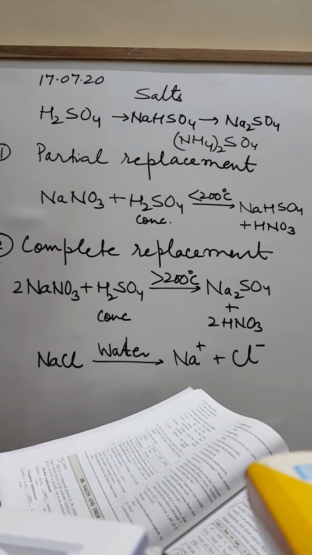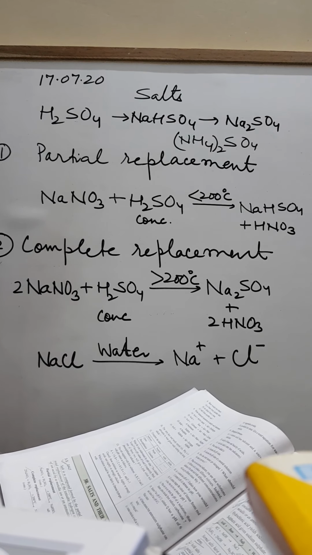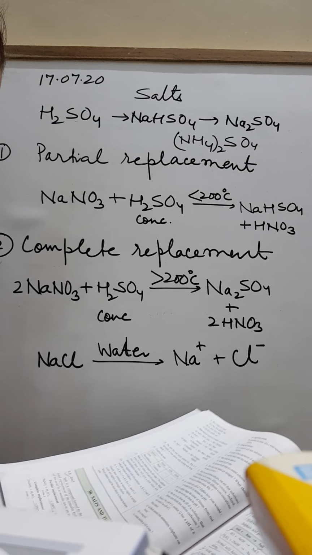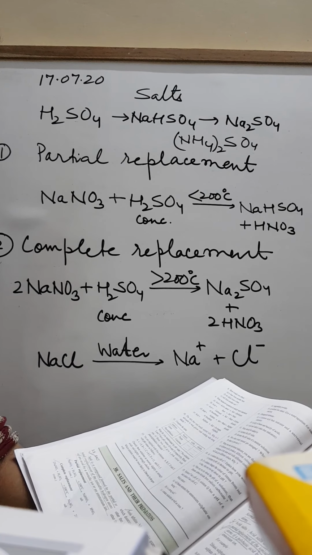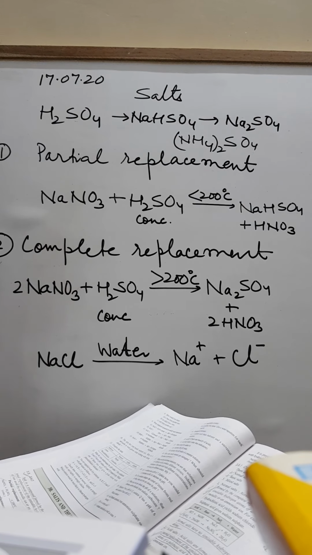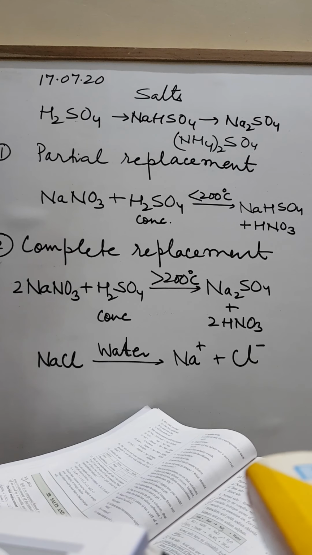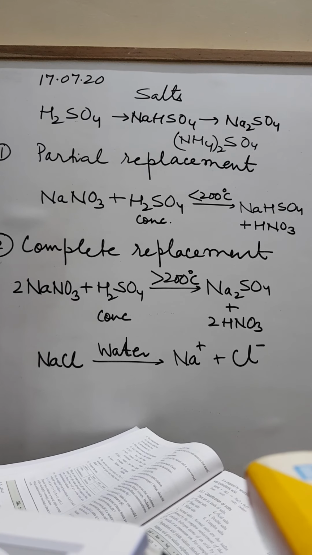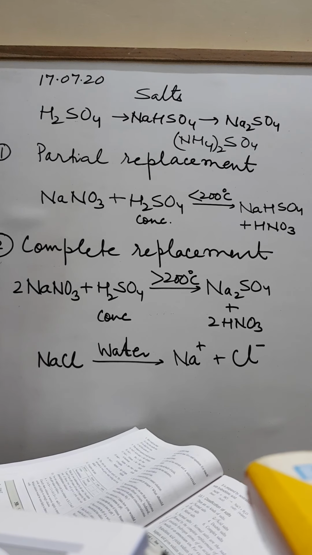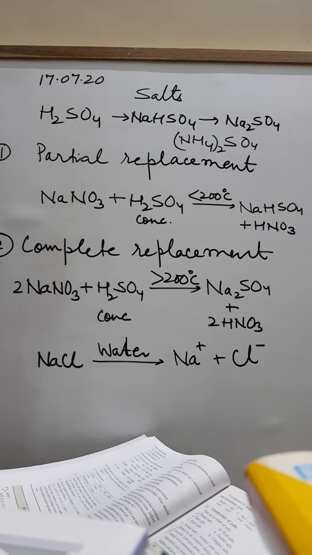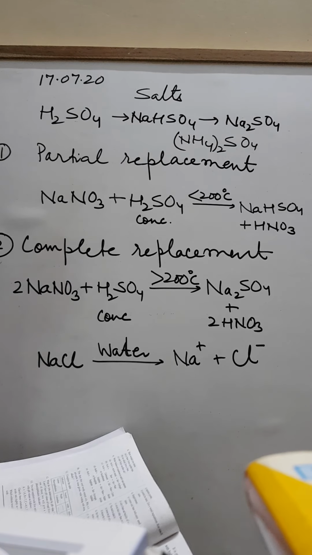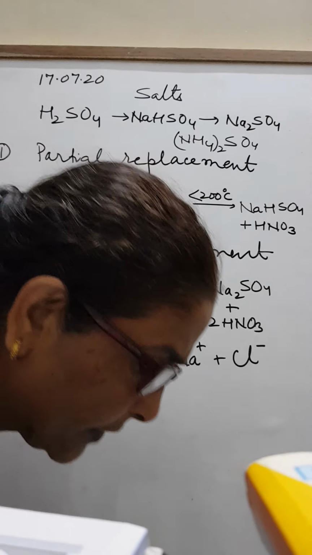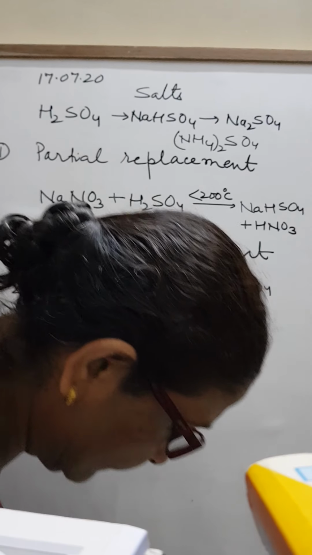So here, children, on the same page 48, 3.5, the definition of salt is given in green. Please mark this. Then there are two reactions of NaNO3 and sulfuric acid. Please mark both of them. Then on the right side, you have the other definition, ionic definition, right? Then we have classification of salts and the types of salts in detail, that we will do gradually in my next video. So right now we will study about salts. Now you can keep a book aside so that I can explain you now.